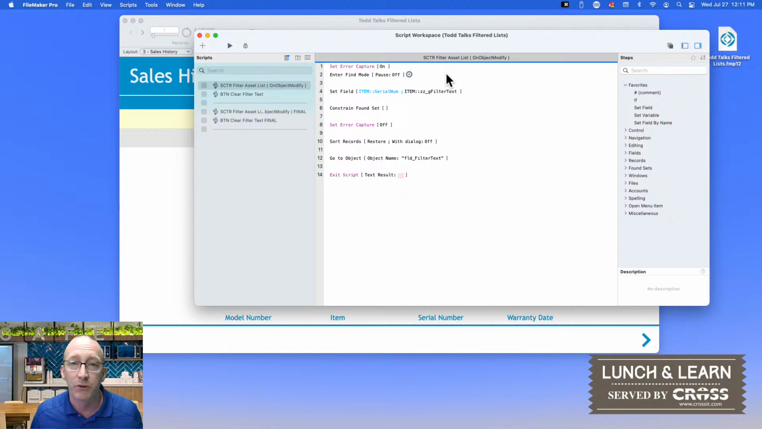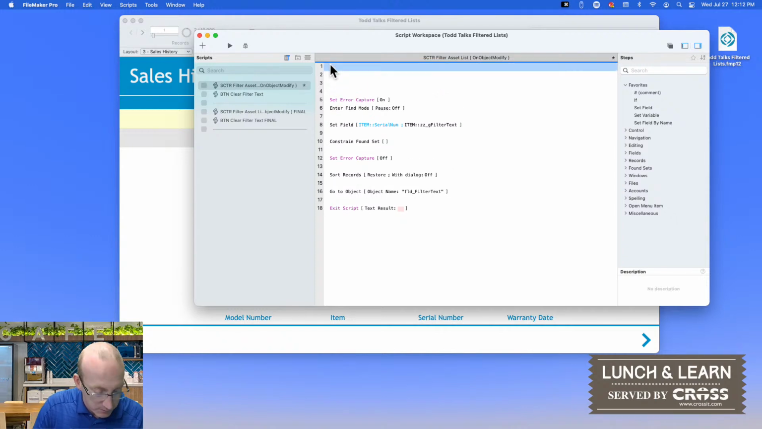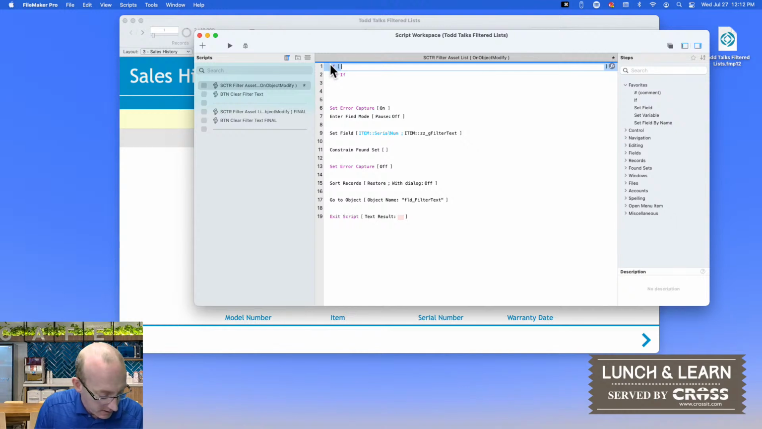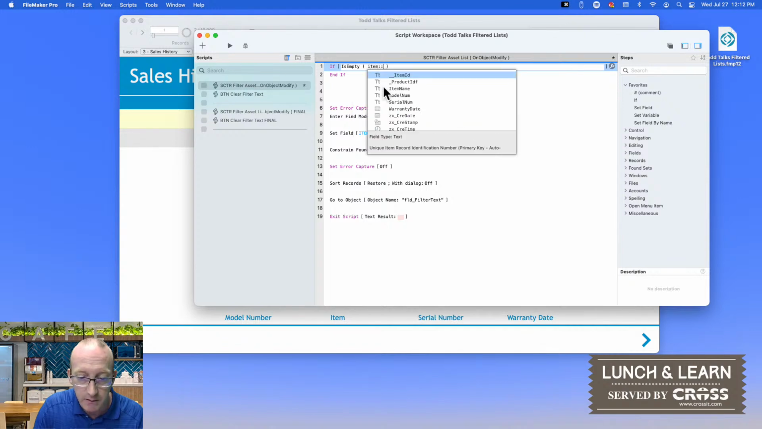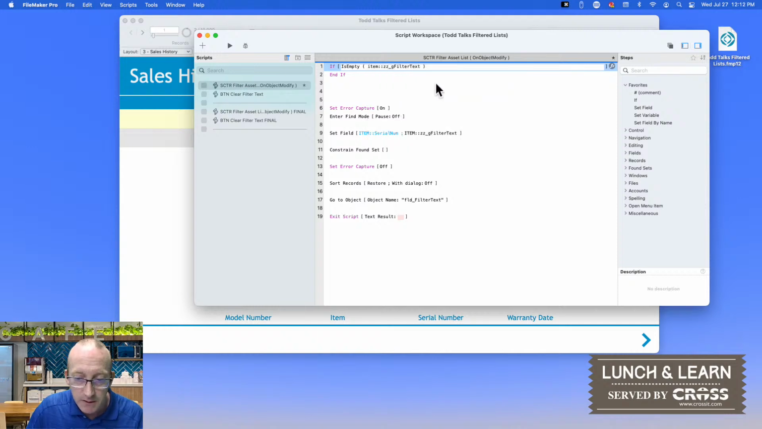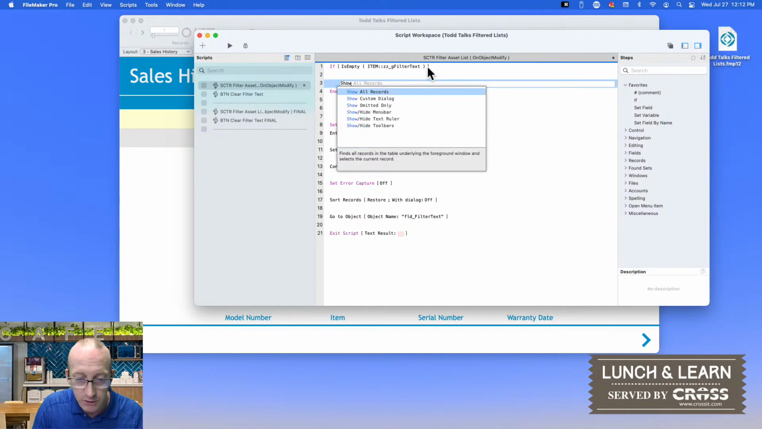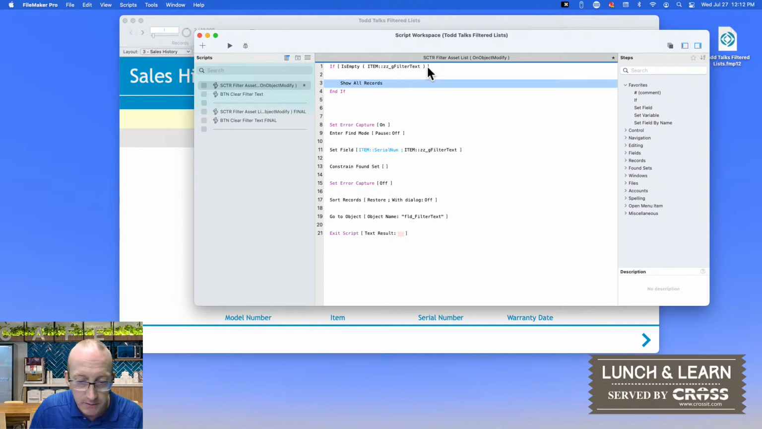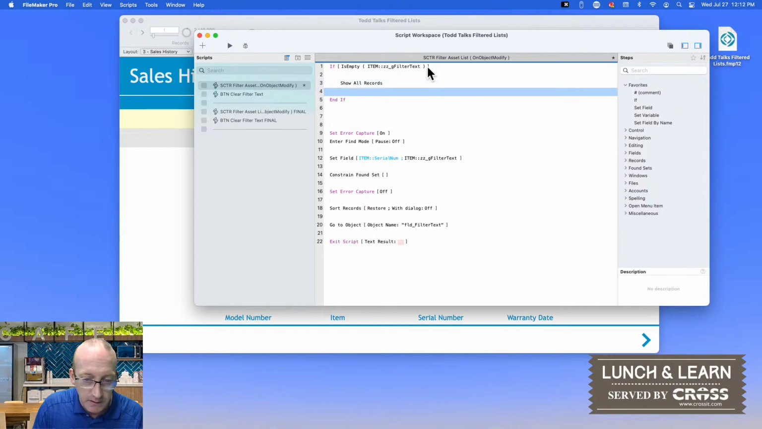Okay, and so obviously what we're looking at there is a condition that if the field is modified but the value is empty, we wanted to do something different than if it does have a value. So let's get back into our script, give ourselves a little bit of space, add an if statement. We want to say if is empty, and we're just going to select our filter text field here. So if our filter text value is empty, what we want to do is just do a show all records. Okay, and else